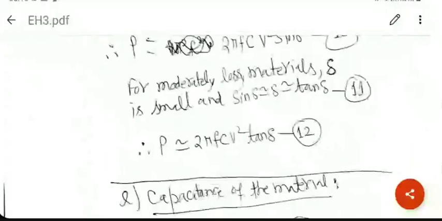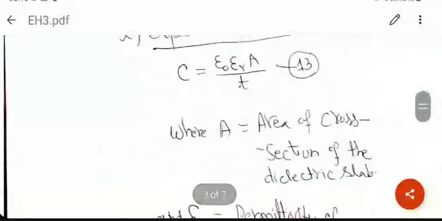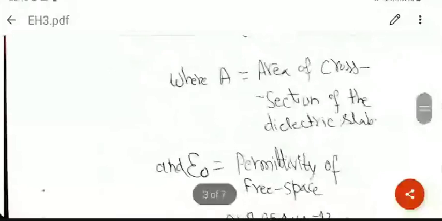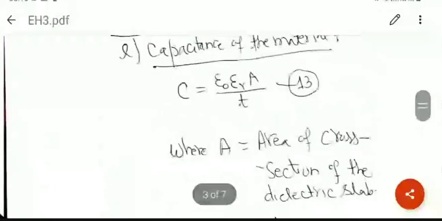Okay. Now capacitance. This is the formula we know very well for calculating the capacitance: epsilon naught epsilon R A by T. A is the area of cross section of the material, the dielectric slab. Okay. Epsilon naught is a well-known value. The permittivity of free space is given by 8.854 multiplied by 10 raised to the power minus 12 farad per meter. Epsilon R is the dielectric constant, which also will be given to us. Area of cross section will be given to us. T would be given to us. So calculations are